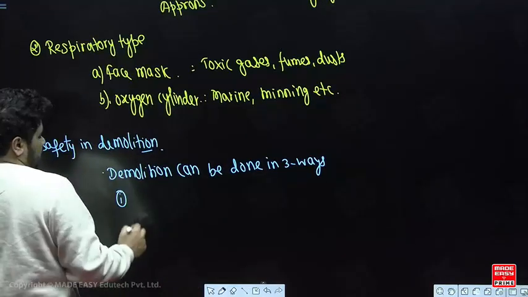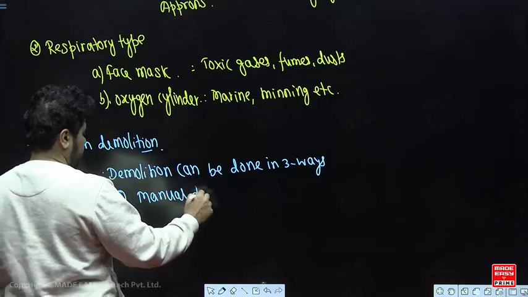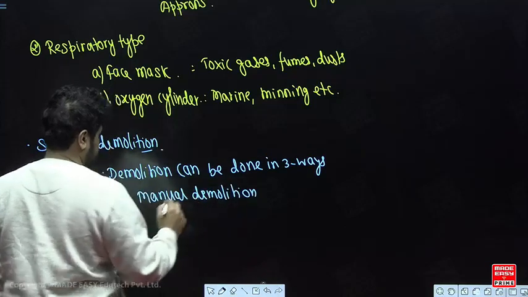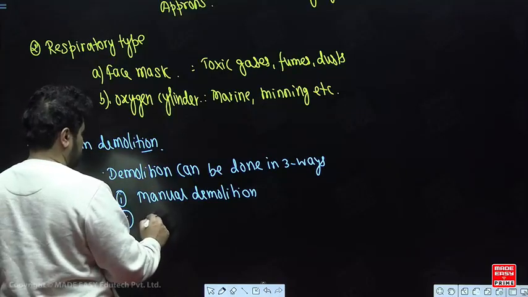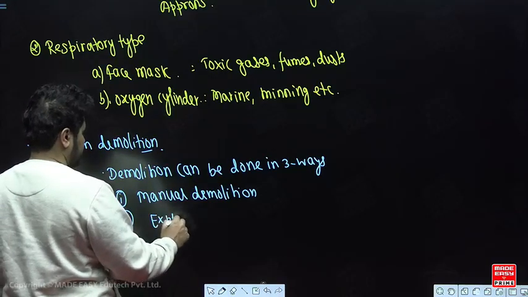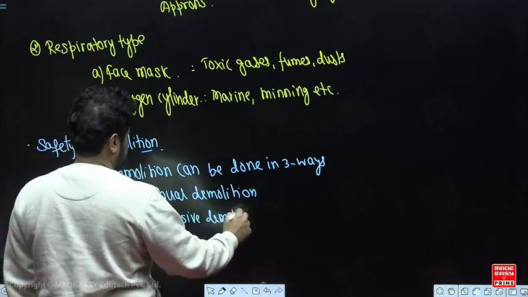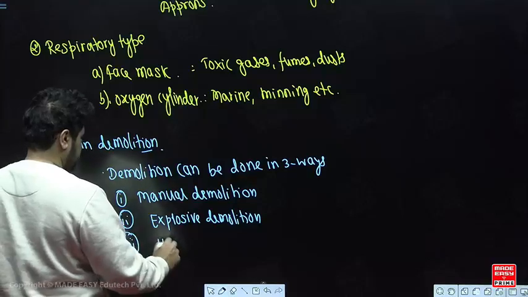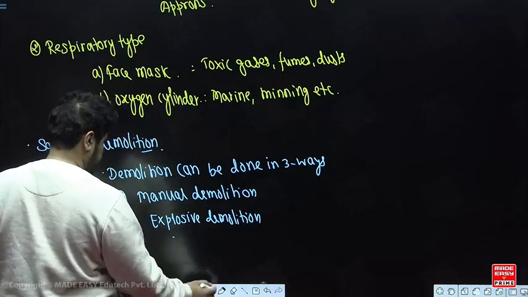The first it is called as manual demolition, correct. Second one it is called as explosive demolition, and the third one it is called as using rake ball or rake ball demolition,